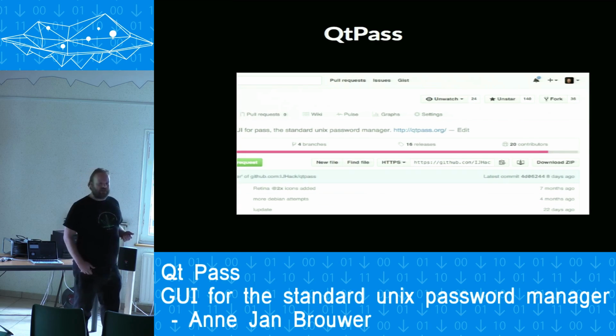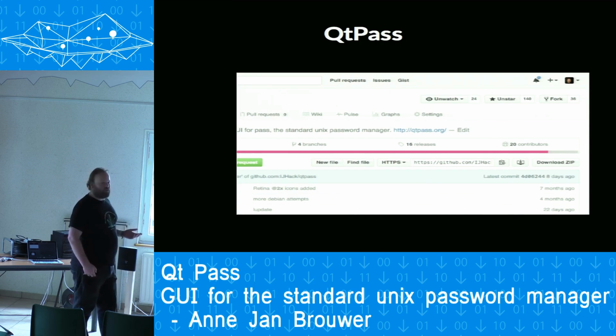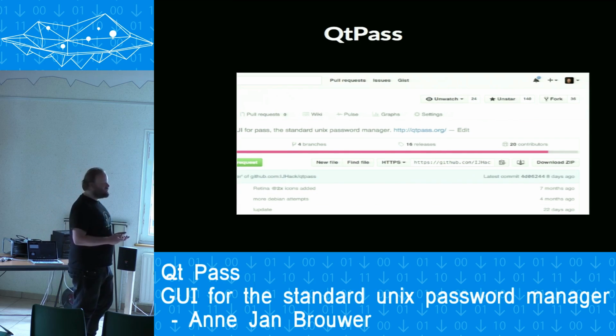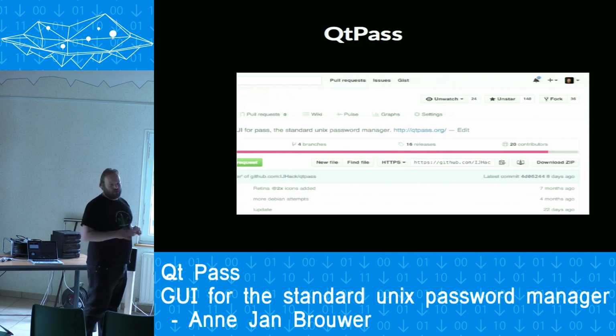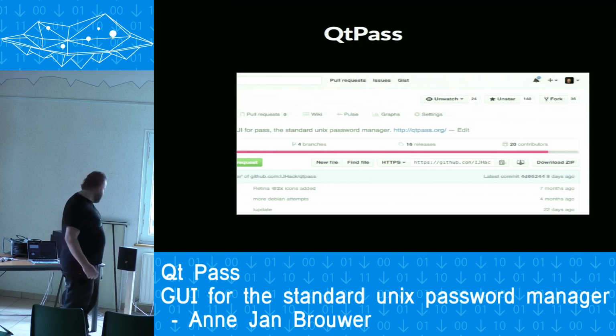And then all of a sudden, it was Easter in 2015. I got some pull requests. Someone added adding and editing of passwords and a very basic user manager. Because the only downside to the Pass system, everything works very well with the Pass executable, but user management is very hard. You have a .gpg-id file, which just has the hashes of the GPG users. It's very obtuse and hard to use.